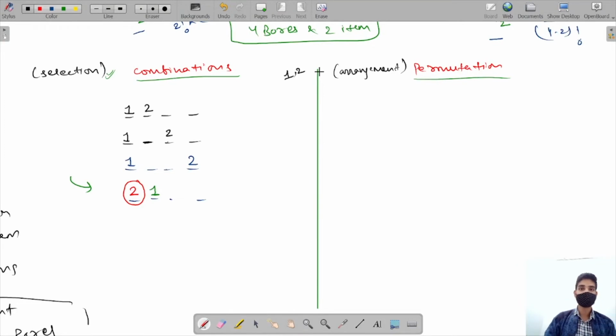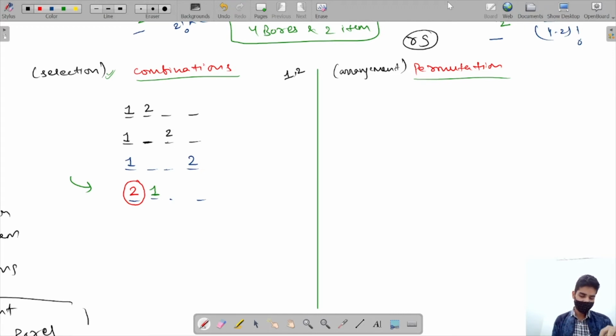But in arrangement, your eyes are open. Now you have to select. Now let's say you have to select red, then green ball. So what you will do? Basically, your eyes are open now. So in first box, let's say red and second box is green. This is present. So you can pick both the balls.